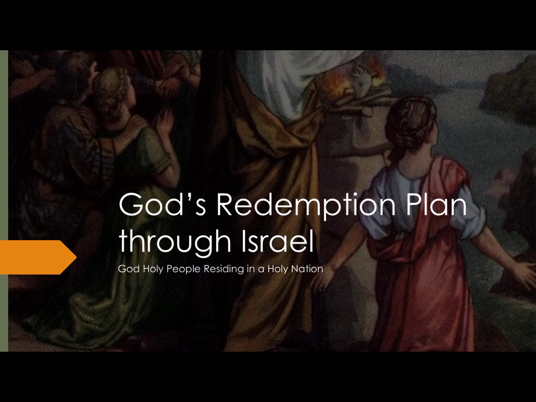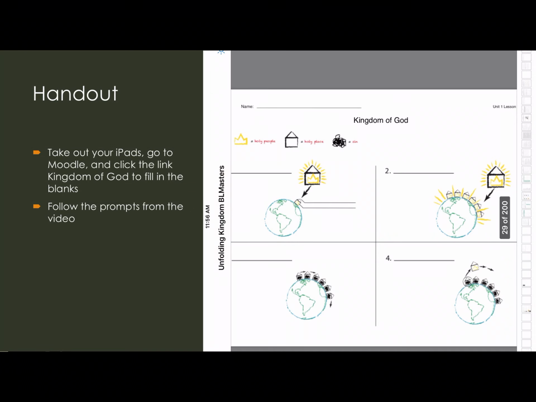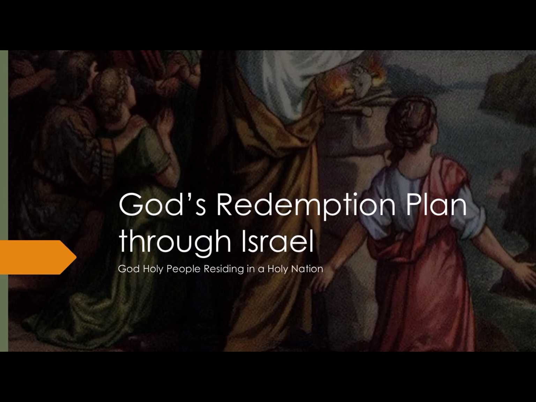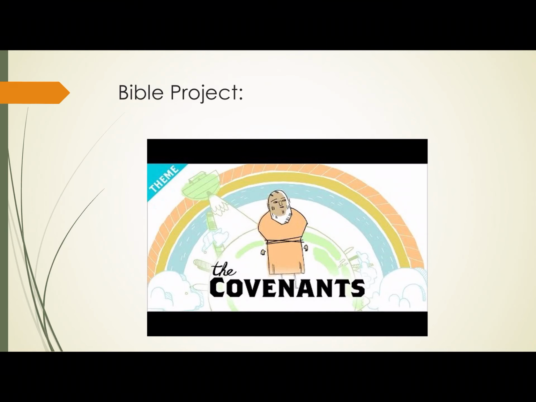So we get contracts. It's sort of the same thing going on here in the ancient Near East, but it was deeper. The notes here are going to explain that. But before we get there, I want to explain the covenant real quick. The covenant in the Bible, which the video did not explain, which is fine. The Bible Project is good, but I'm going to give you a little bit more. The covenant was interesting because in the ancient Near East, they saw the covenant as a matter of life and death. And I'll explain.